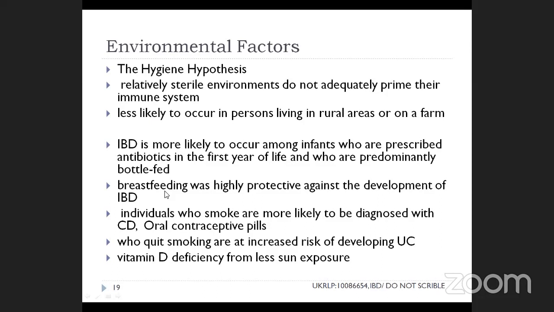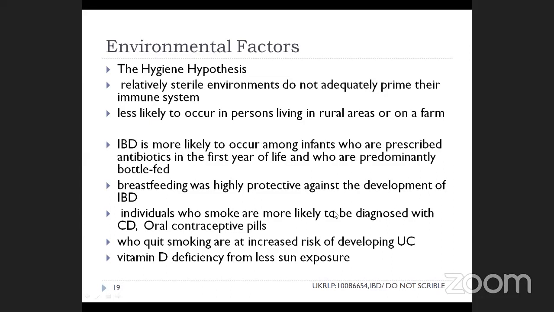It has been said that Asians are more protected against inflammatory bowel diseases because of breastfeeding. And smoking is protective for ulcerative colitis. Otherwise, they say quitting smoking triggers the risk and increases the risk of developing ulcerative colitis, but smoking has negative effects on Crohn's disease. Likewise, vitamin D deficiency has worse effects, with an increased incidence of ulcerative colitis seen in patients with vitamin D deficiency.